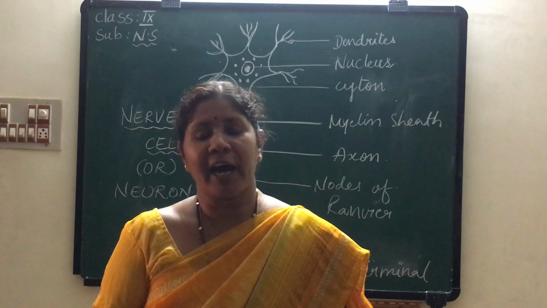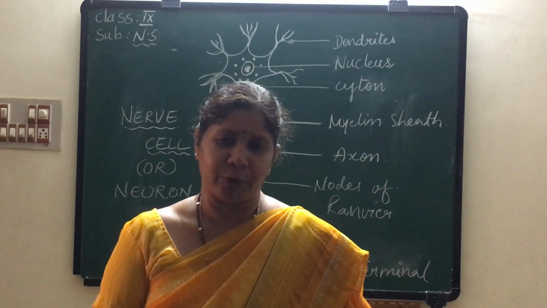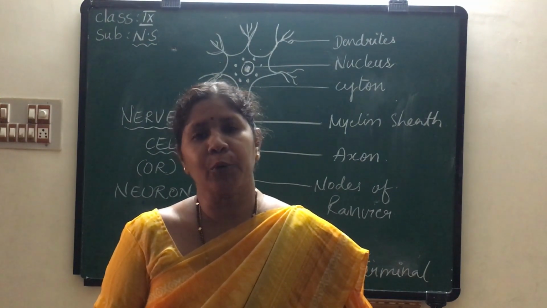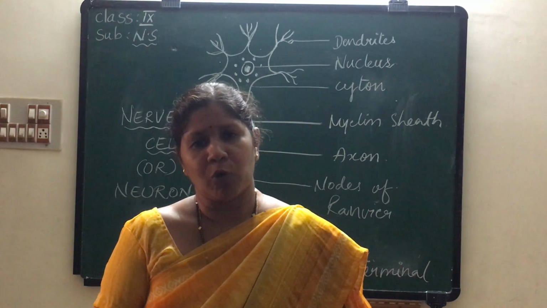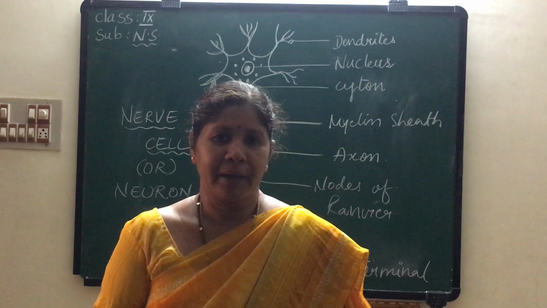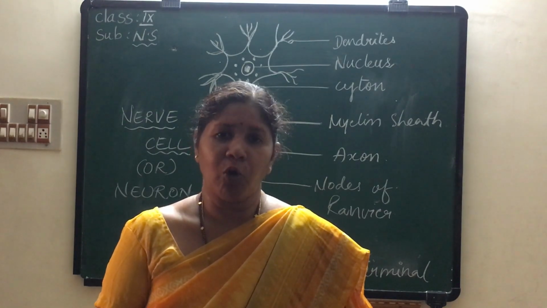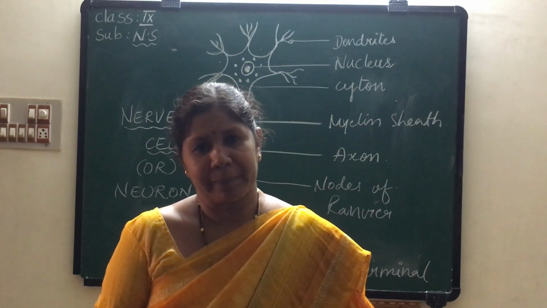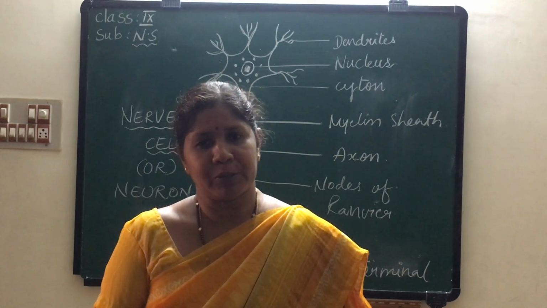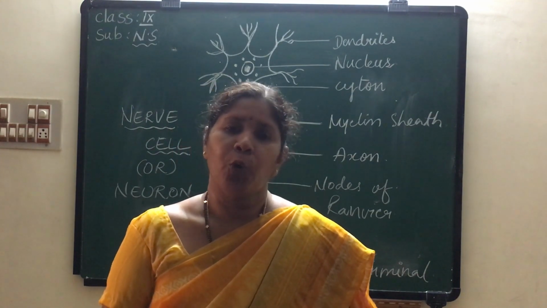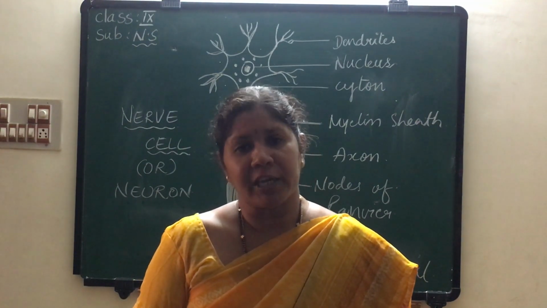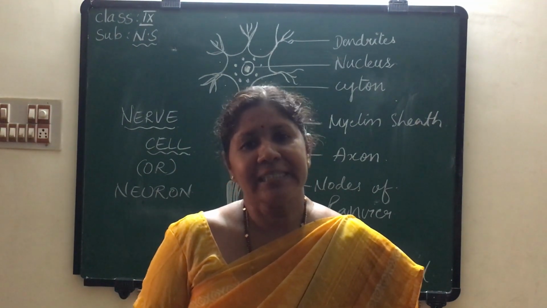We mainly have four types of blood groups, that is blood group A, blood group B, blood group AB and blood group O. Here four types: blood group A, blood group B, blood group O, and another one is blood group AB. When you come to blood groups, how can you identify them? By doing a small experiment, we can come to a conclusion as to which type of blood group your blood belongs to. That is by using the serum.